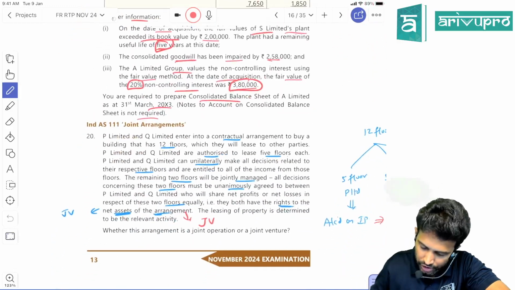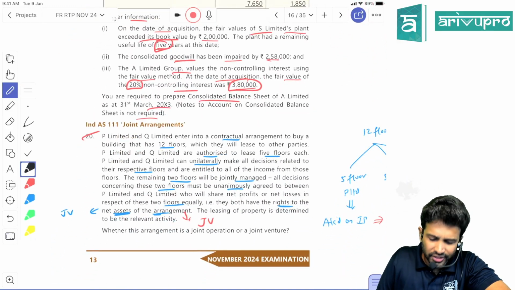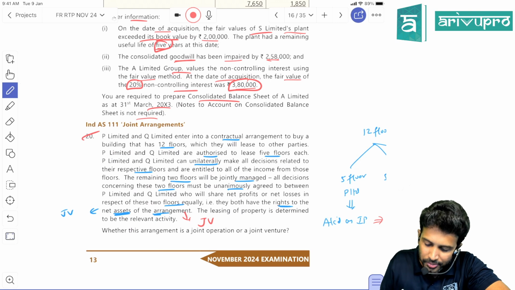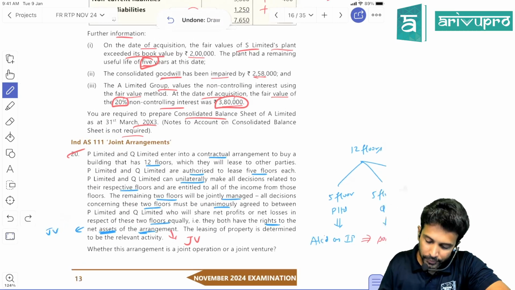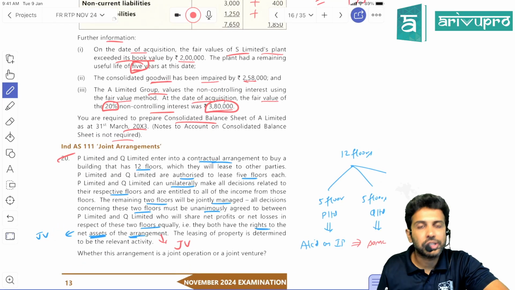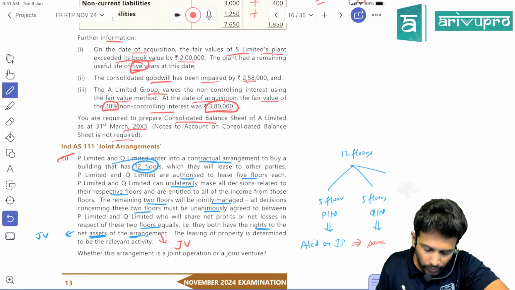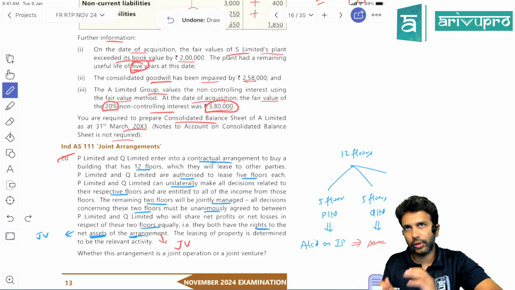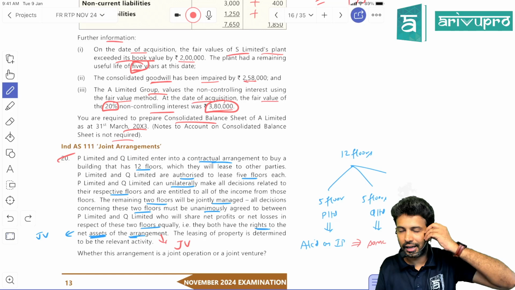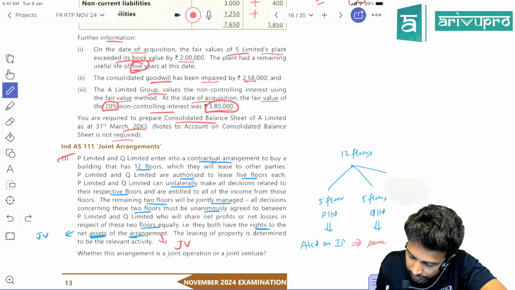Okay, yeah, this is your question number 20. A straightforward theory question, based on Ind AS 111 joint arrangement. PQ Limited enter into a contractual arrangement to buy a building that has 12 floors. They've come together to purchase a building, and the total building has about 12 floors, which they will lease